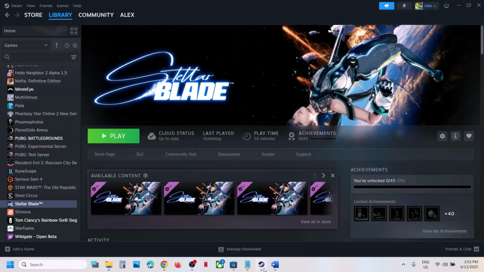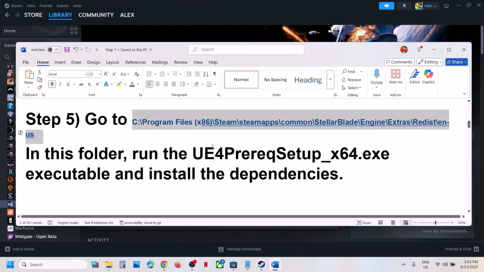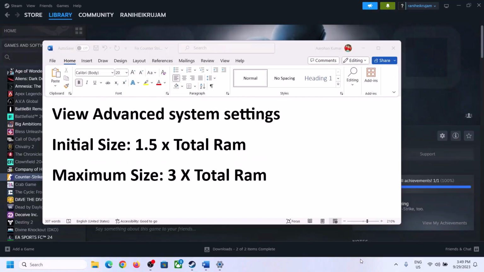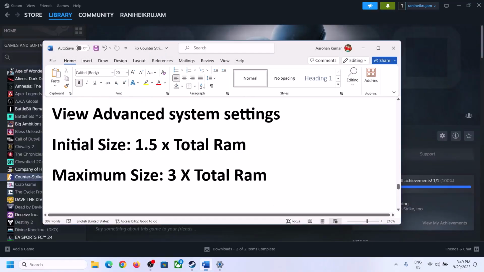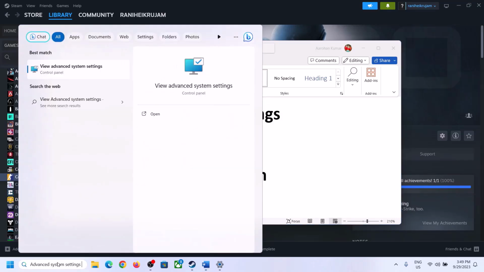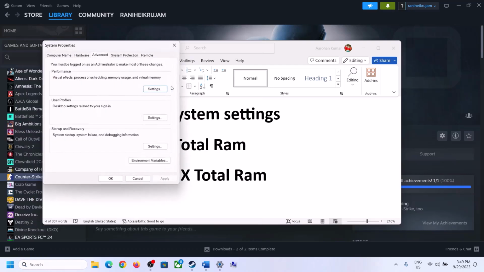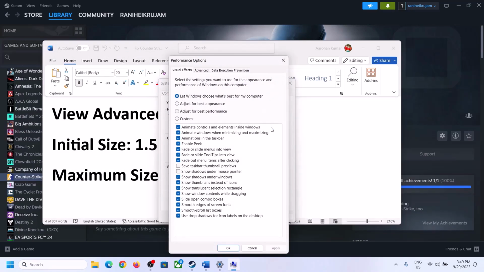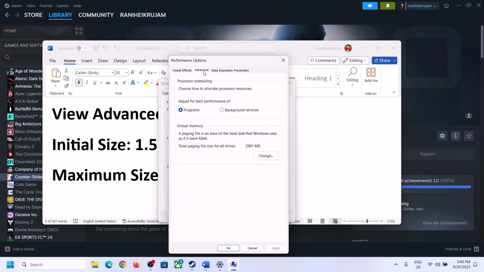Close it. Now launch the game. Still not working. The next step is to increase the virtual memory. So to increase the virtual memory, type in View Advanced System Settings in the Windows search box and then click on View Advanced System Settings. Then click on the first Settings button, go to the Advanced tab, and then